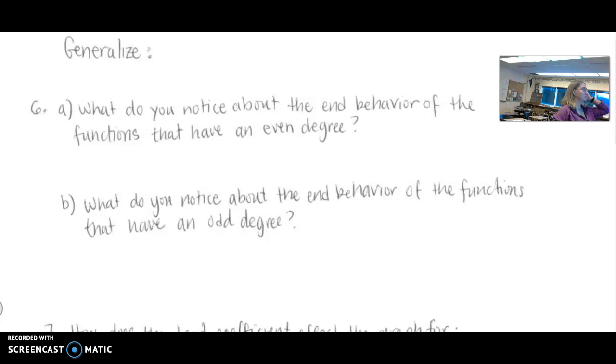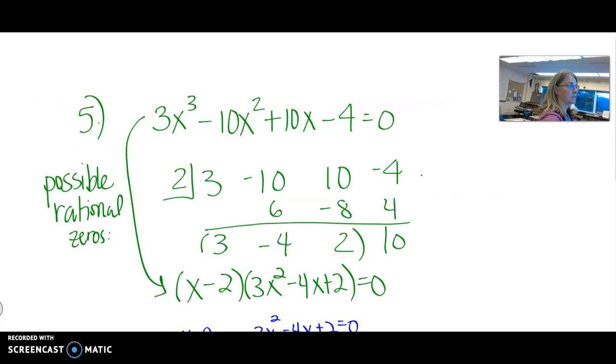So this first question asks you, what do you notice about the end behavior of the functions that had an even degree? So if the degree of the polynomial was even, what did you notice about the ends of the graph? I want you to think about it, go back, and look at all the graphs that we did. We only did two even degree polynomials. We graphed a quadratic and a quartic, so degree 2 and degree 4. And if you look at the ends of those graphs,